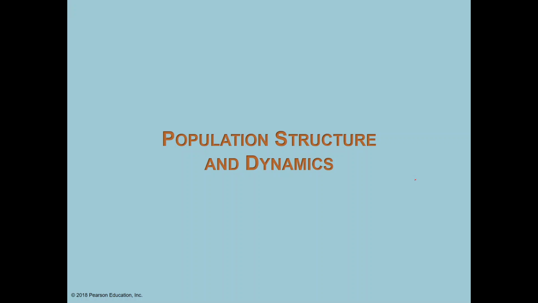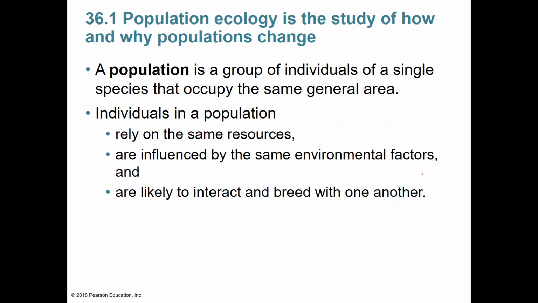Okay, so let's give you some overall definitions of what we mean by population dynamics and population structure. What are we even talking about when we talk about a population? You remember last semester, I know it's going back a ways, we talked about how biology is organized, and one of these categories of organization is a population. That's a group of individuals of the same species that live in the same general vicinity, so they're interacting with one another.